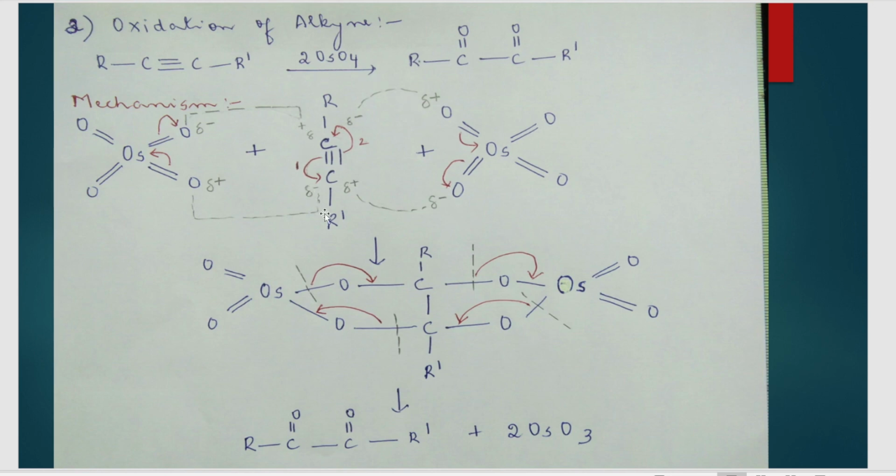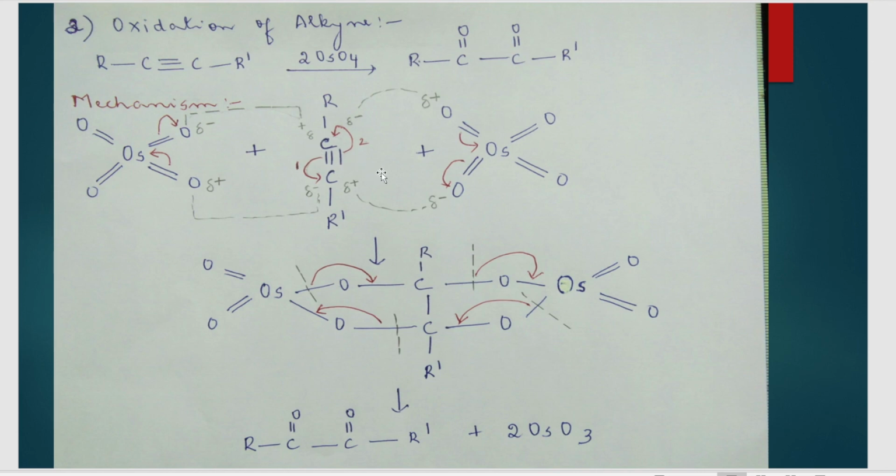All right, and then let's talk about this, that is your alkyne species. An alkyne has a triple bond between two carbon atoms. Now let me talk from the left side. You can see the first bond of that triple bond. This bond is shifting towards this carbon. Let's say this is carbon number 1 and this is carbon number 2. If the bond is shifting towards carbon number 2, what charge does carbon number 2 get? It gets a negative charge. What charge will carbon number 1 get? It will get a positive charge.